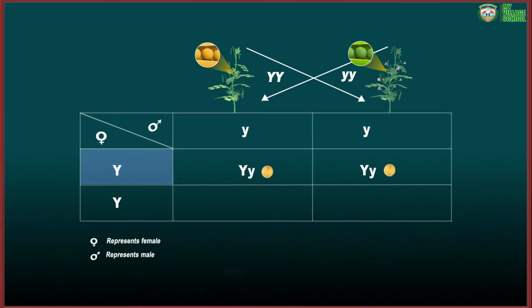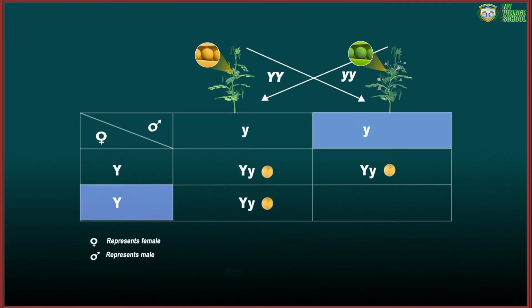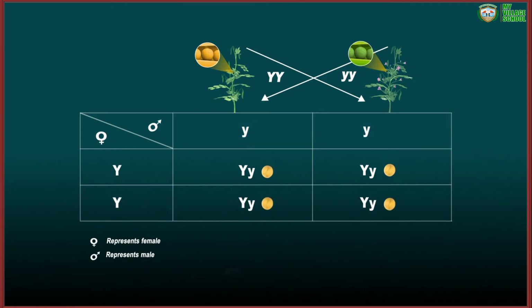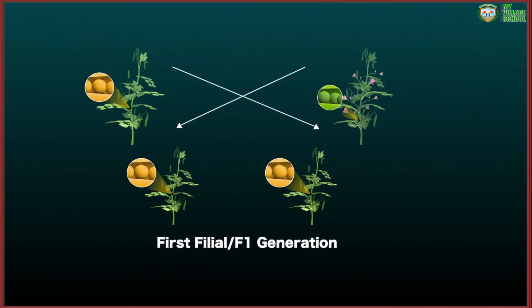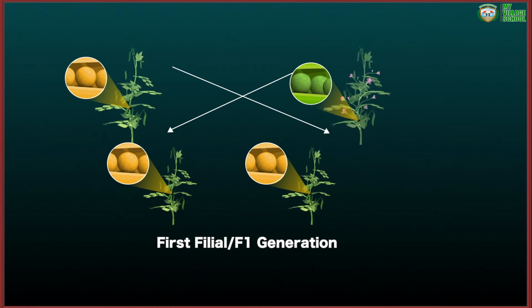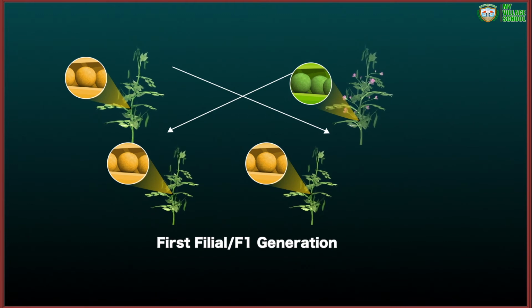From assumption 2, the breed after cross-pollination will have one factor from the pure breed yellow, capital Y, and one from the pure breed green, small y. That is, all the peas will have the paired factor capital Y, small y. By assumption 3, all the peas will be yellow as the capital Y factor is dominant. All the pea plants are yellow in F1 generation. The trait expressed in F1 is dominant, not expressed is recessive. This is the law of dominance.